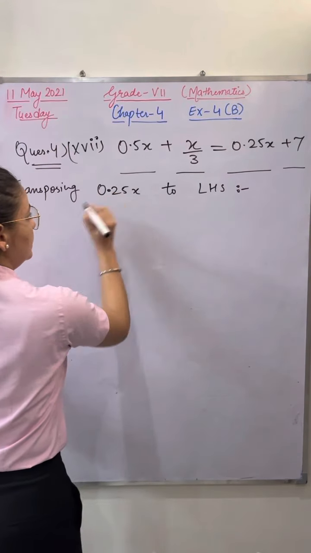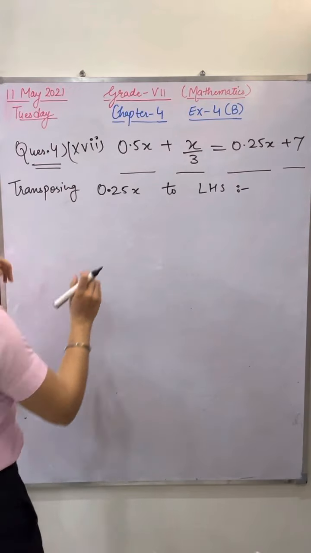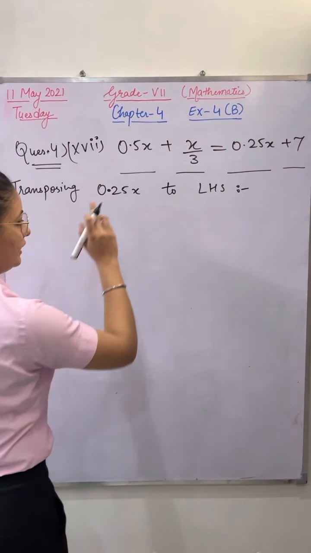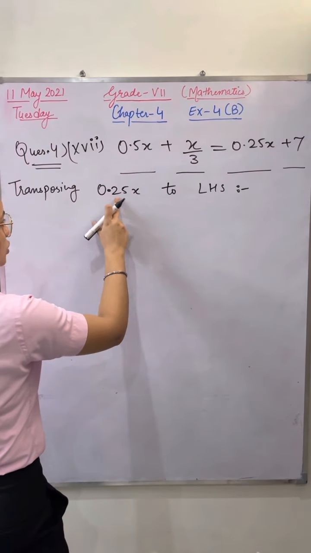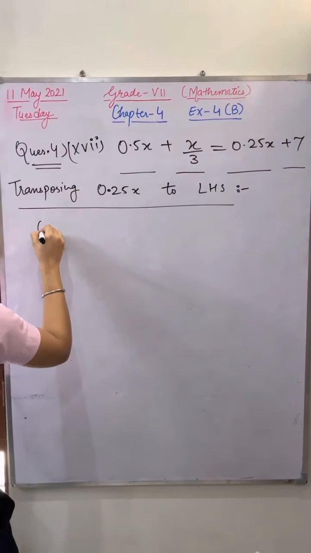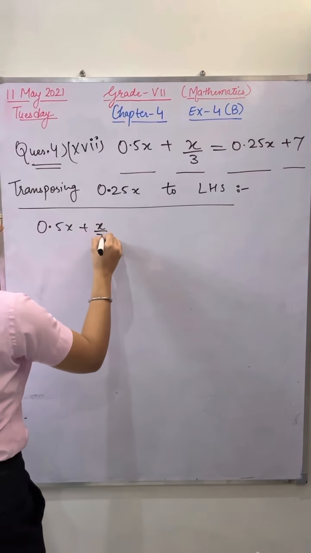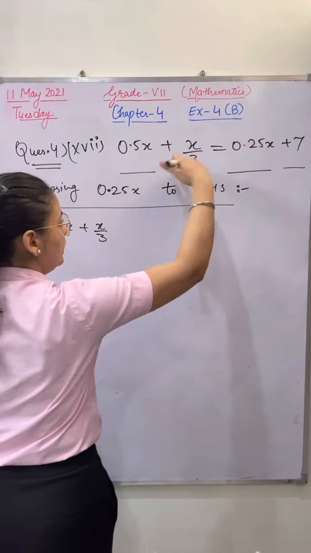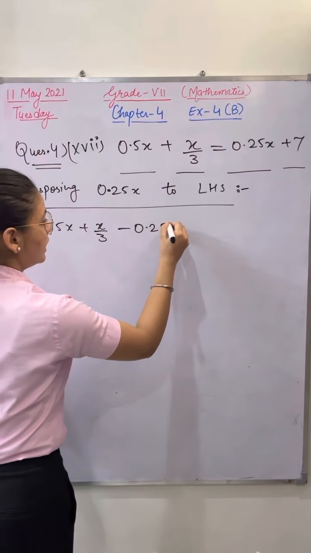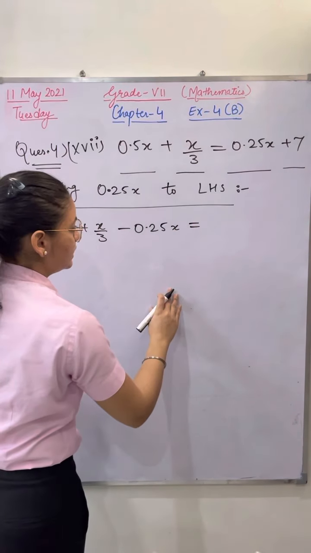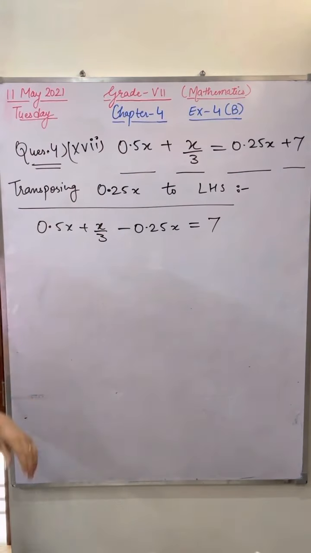When there is a decimal, after the decimal you can't say 25 alone. You have to say 0.25. It's a decimal rule. I'm going to shift 0.25x here, to 0.5x plus x by 3. When I shift this value here, how will I write it? Minus 0.25x. X is equal to what is left on that side? 7. Very good. Please mute yourself. Ma'am, now we will multiply with 3. No question, just mute yourself. I'll tell you the next steps.